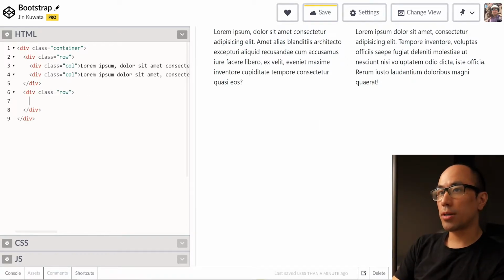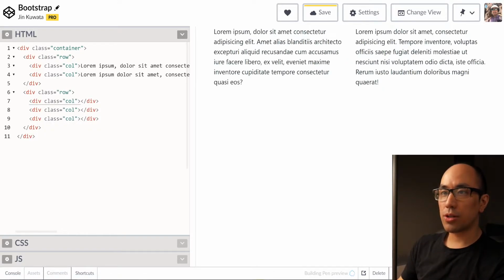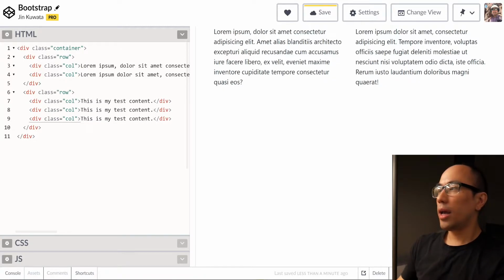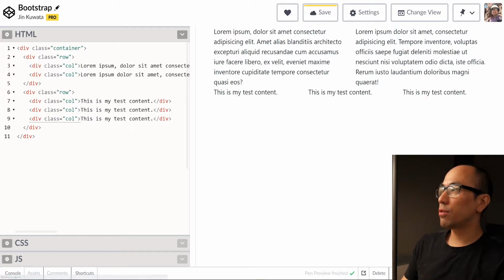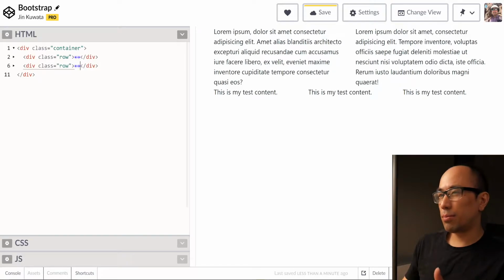And inside here, I might say something like column times 3. And then here, I might just do something like, this is my test content. And again, you can see how you can mix and match different rows with different types of column layout distributions. So this is how you can start to build out a basic web page, as complex or simple as you need. The important thing I want you to understand and always follow, however, is this idea that Bootstrap has